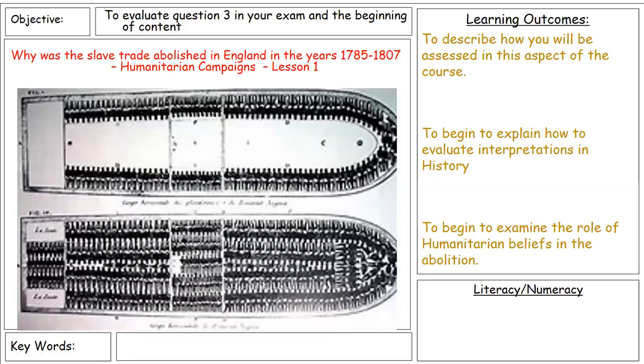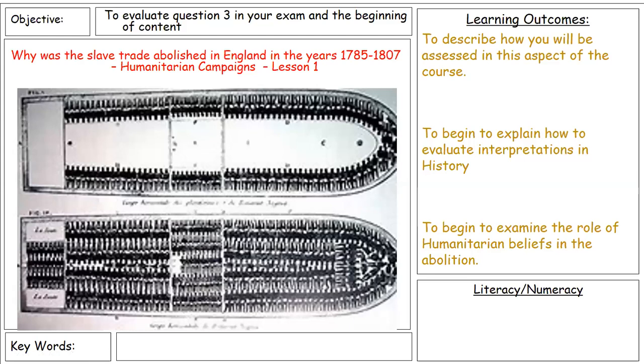Right, now, this is the first lesson on the definite aspect of your exam. Now, Unit 5 in our course is focusing on why the slave trade was abolished in the years 1785 to 1807. But more specifically, what this looks at is why the slave trade was abolished in England. Now, we've got to understand that the slave trade and slavery was abolished in different areas at different times, overall